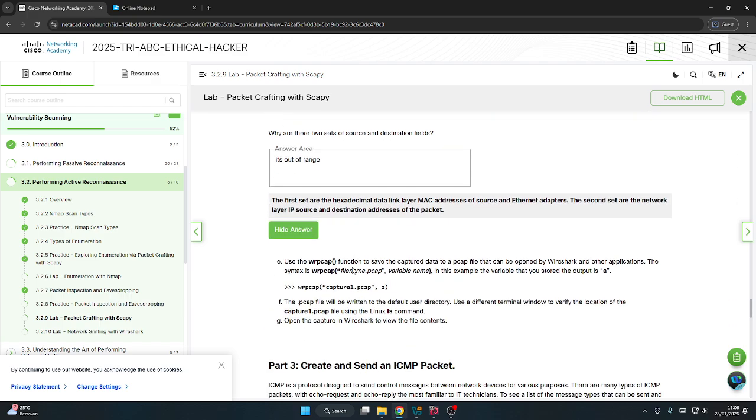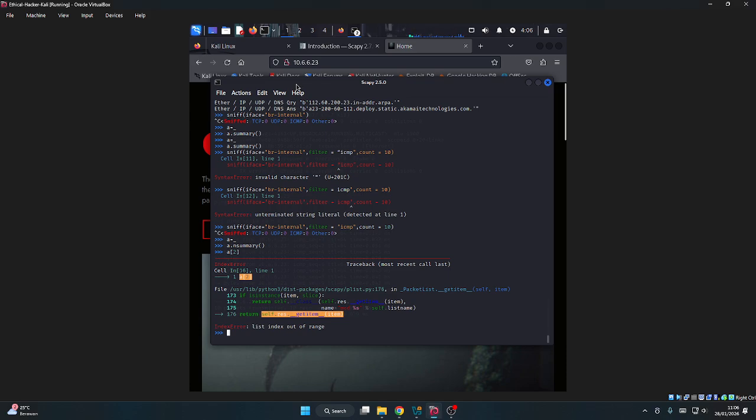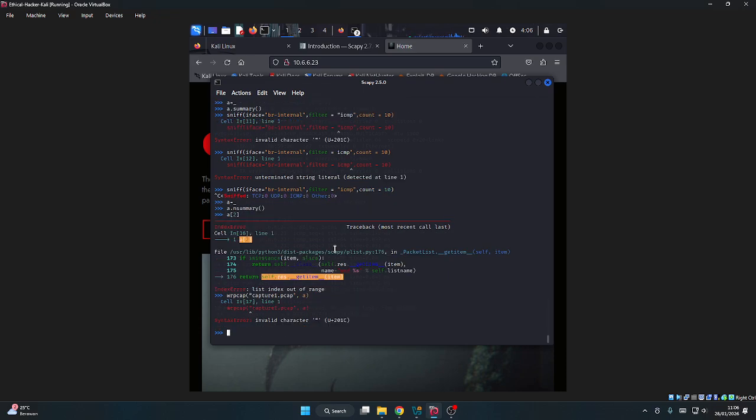Is the wrpcap function to save the captured data to a pcap file that can be opened by Wireshark. We can use this command.